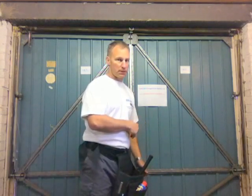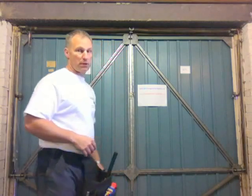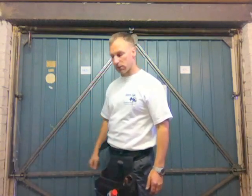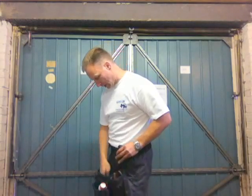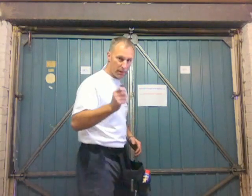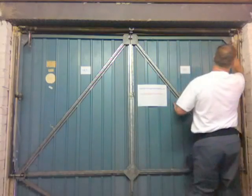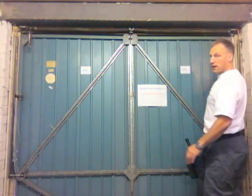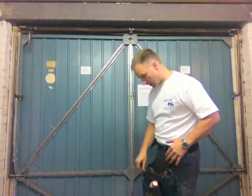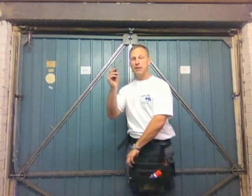I've already done the right hand side, so the next thing we've got to do is put the tension back onto the cables. This is easy. What I always do is take a screwdriver and just pop out the crook pin on the right hand side, and then taking your tension bars,